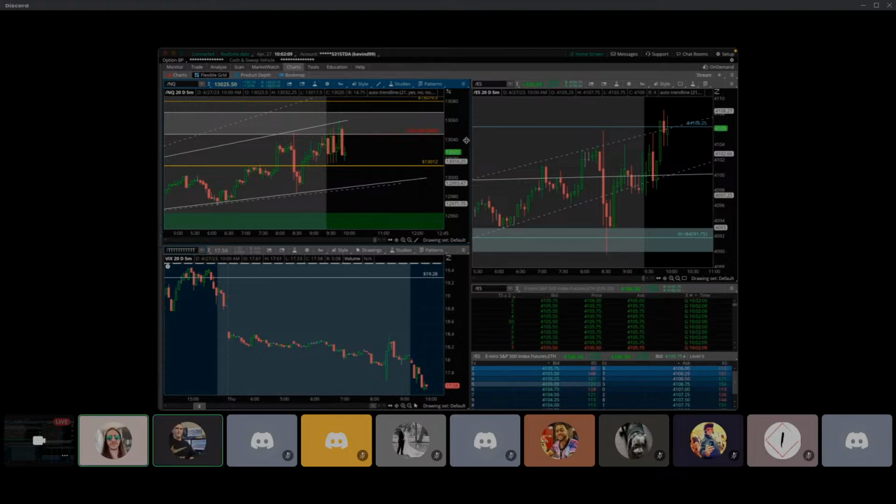The idea is if we get this choppy range through most of the morning, and then towards the midday shift we start to see a trend appear, you can take advantage of that on the 0-day because you can just get on the right side of the trend right until the end. And if you get the right strike where price runs you over and you end up in the money, then you go and you sell a strike above it